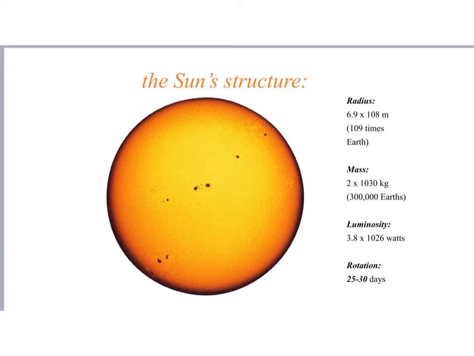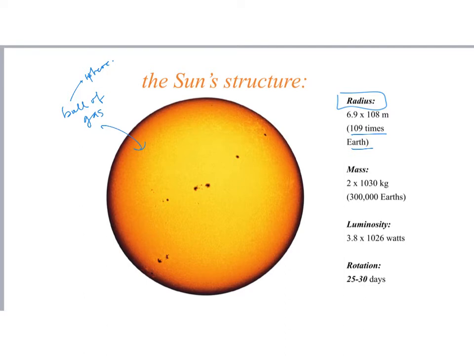So let's talk about the interior of the sun. But actually, before that, let's put some labels on what we see, and what its structure is, its geometry. Basically, it's a ball of gas. So basically, a sphere with a radius that is 109 times